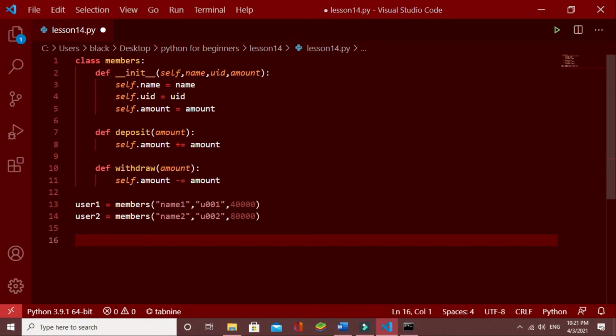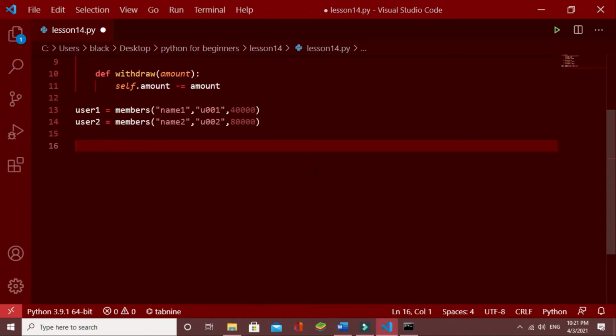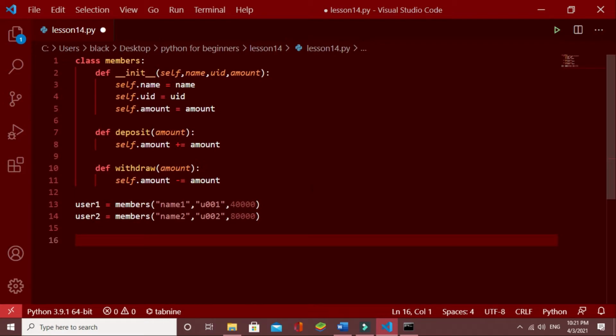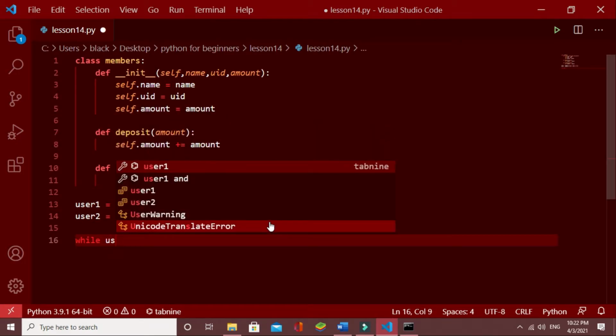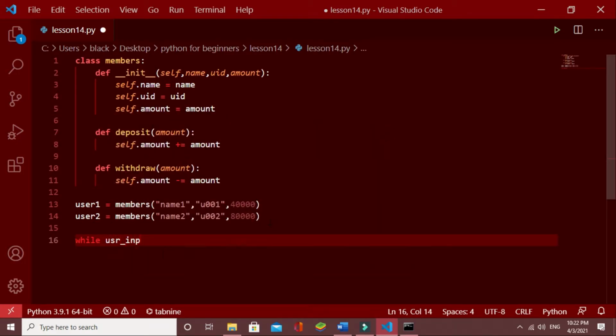Here I am going to give the user some choices. First we have to loop this program until the user wants to quit it. So I'll take a while loop, while user input does not equal q.